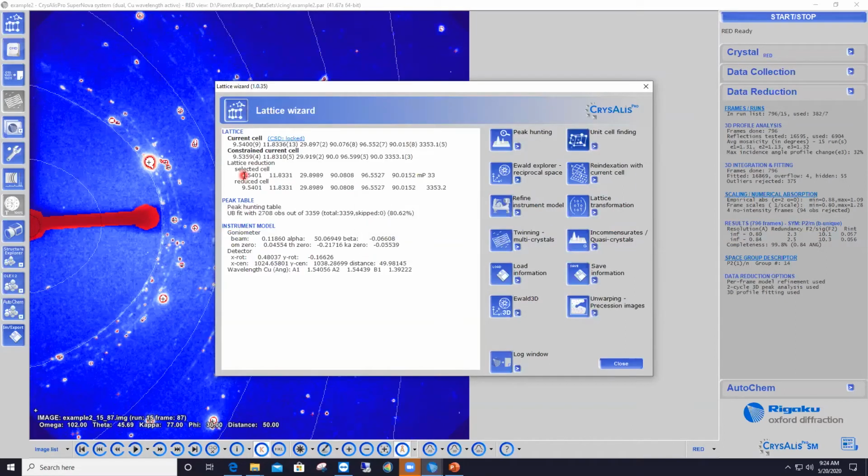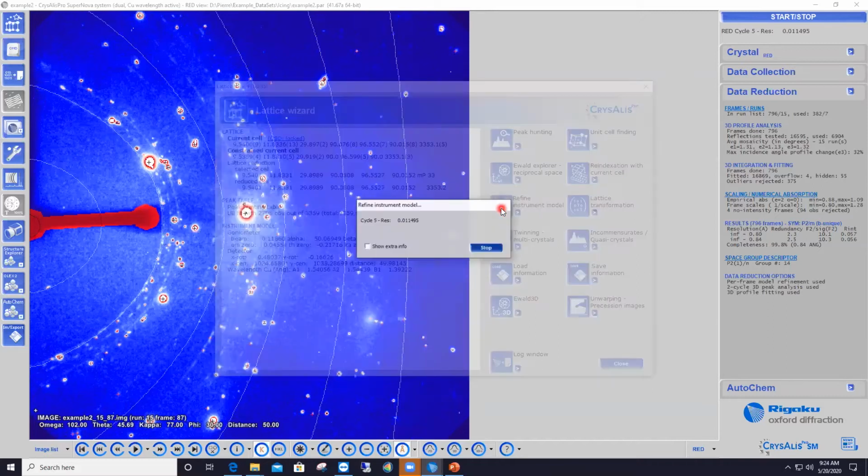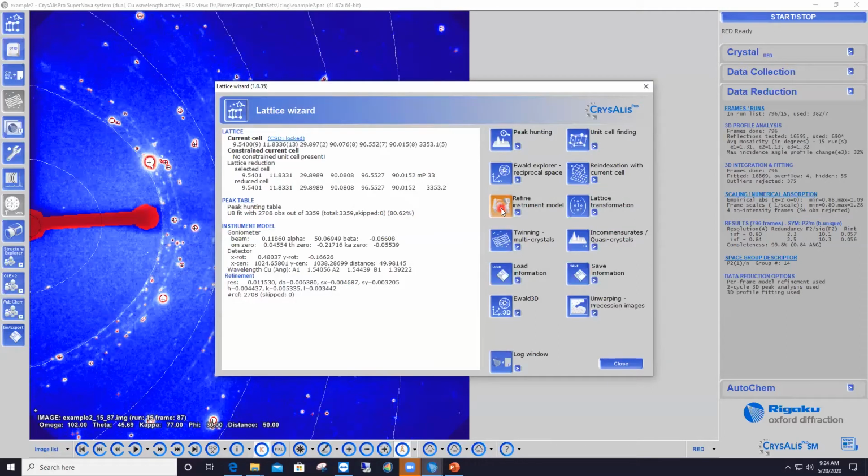And now I'm back to my 9, 11, 29 unit cell parameters, and I've got 80% of the reflections indexed. You can certainly push the button Refine Instrument Model to see if you can improve that a little bit, but in this case, nothing happens. A good practice though is to go back to the eWorld Explorer to have a look at what the reciprocal space looks like